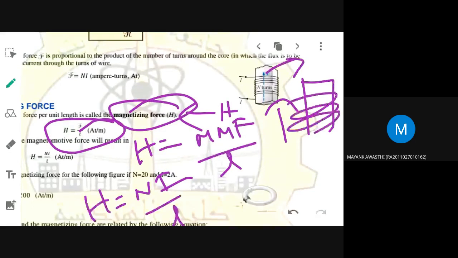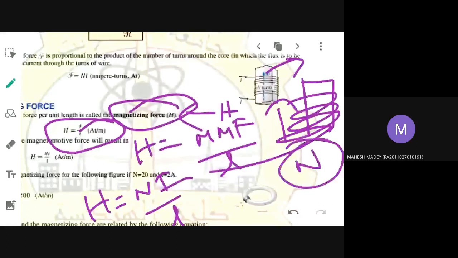You remember the setup. This is a magnetic medium around which you are winding a considerable number of coils. The number of turns of the coil is N, and it is carrying a current of I. When current is passed through that coil wound around a magnetic medium, it will set up a magnetic field. Like this, you can set up magnetism. So these are some formulas that you need to remember.